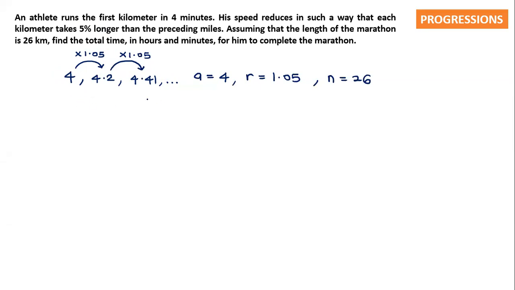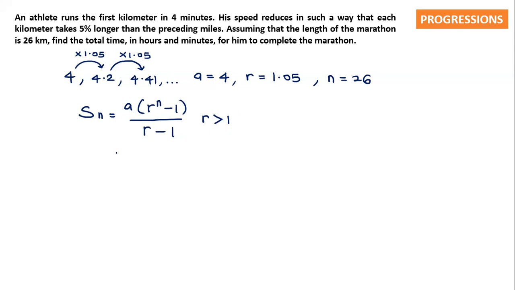So we have two formulas. Since you still remember your progression, you have two formulas for geometric progression. If your R is more than 1, you have one formula. If your R is less than 1, you have to use another formula. Since your R here is more than 1, I'm going to use the first formula. Please check your exercise books or textbook for the formula. So this is the formula I'm going to use. This formula is meant for R more than 1. That means whatever value R is, if it is more than 1, you have to use this formula.